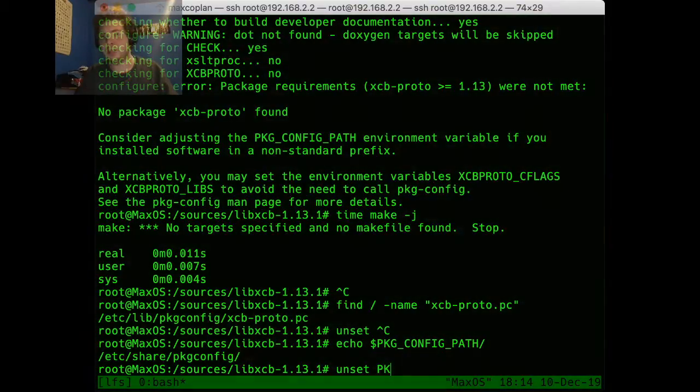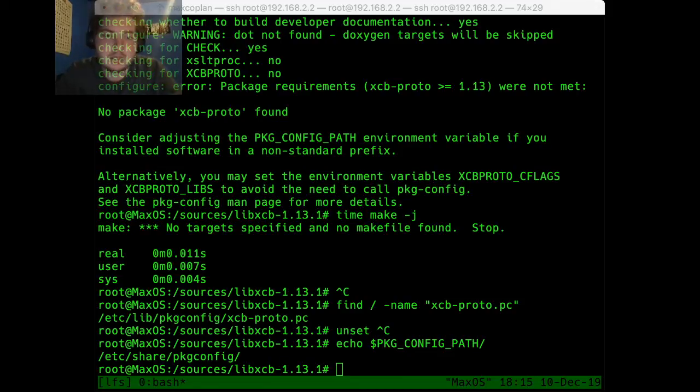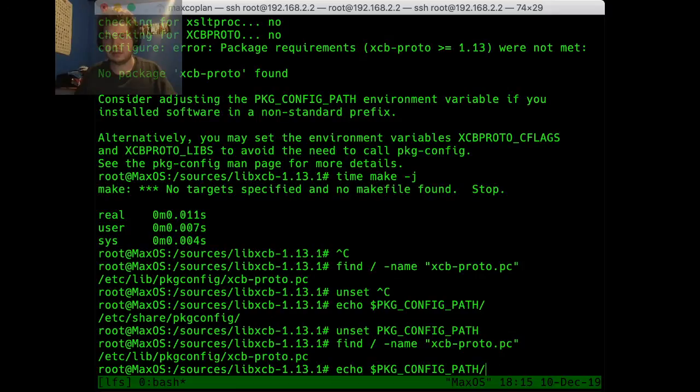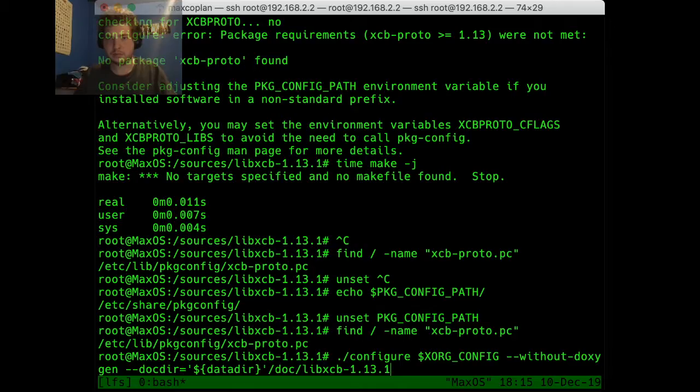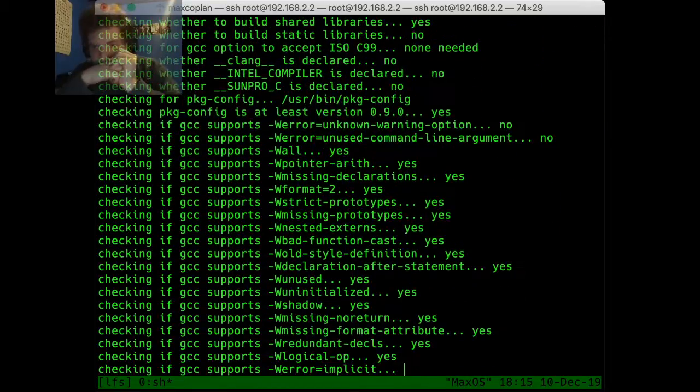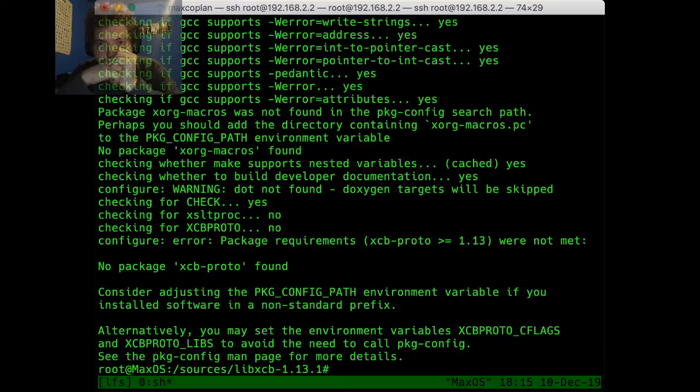How do you unset an environment variable? I thought it was unset. I might be thinking of Vim though. It is unset. Okay, no package found.